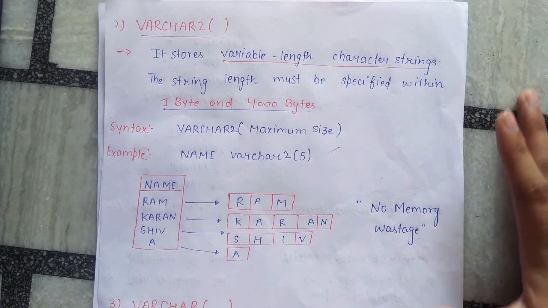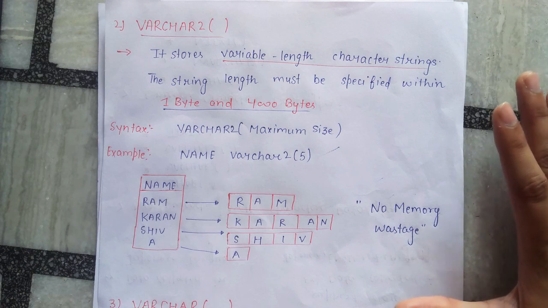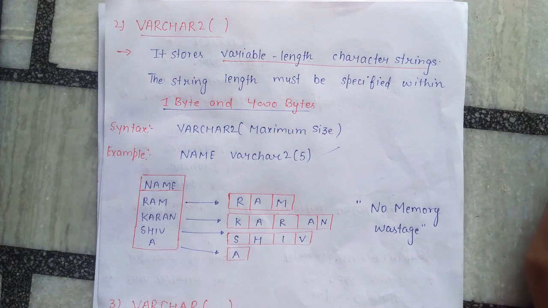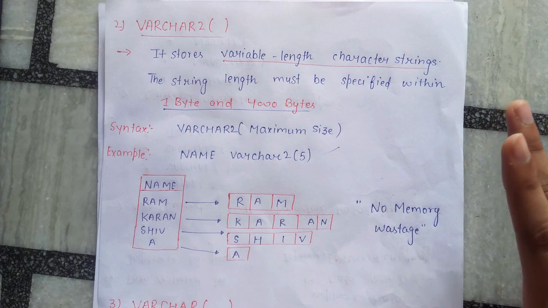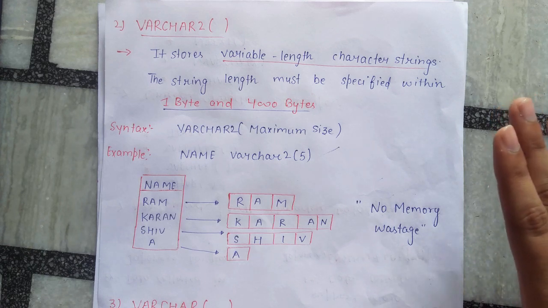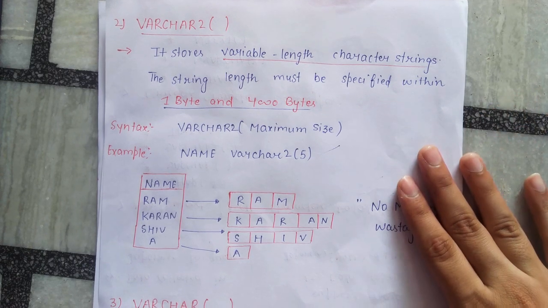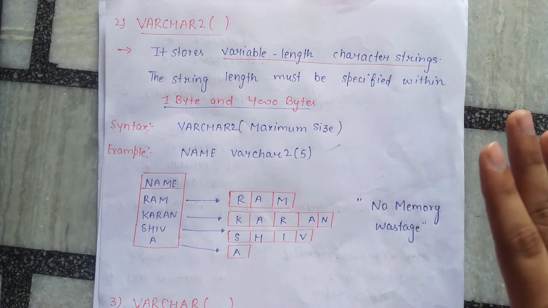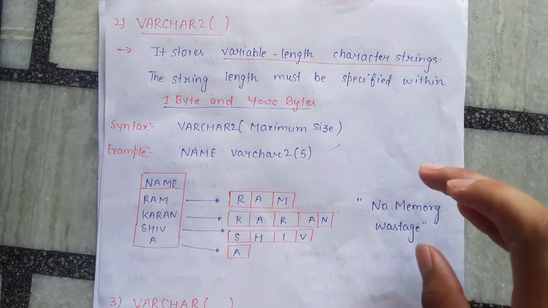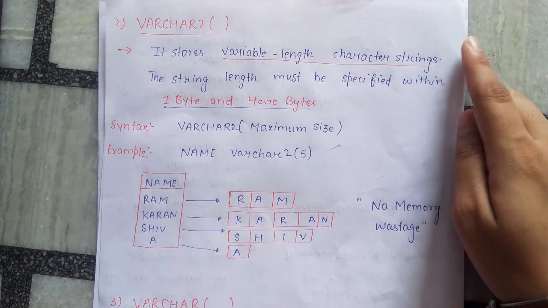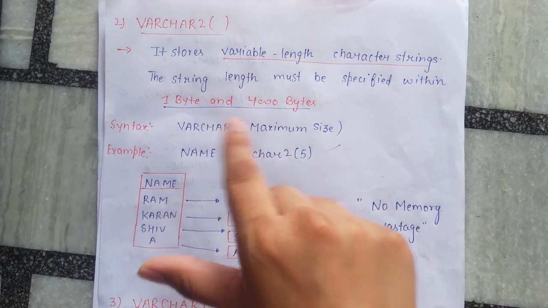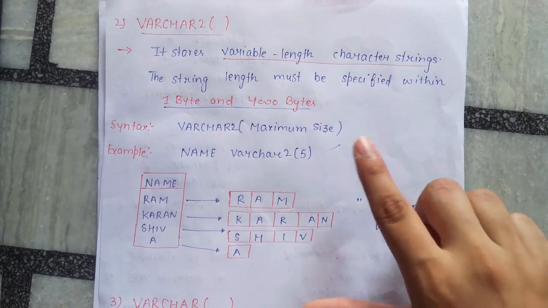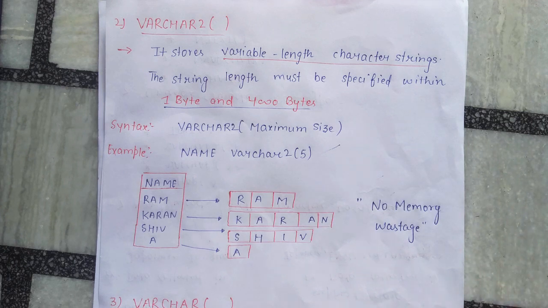So in this case we mostly use varchar2 whenever we are declaring the name, because we are not sure about the name of a person, because there may be very small names and there may be very long names. Okay, so for those cases varchar2 is the most preferable data type for character values. Okay, so this is what a varchar2 data type is. Otherwise it is also the same as char. It is different in these two ways, that it stores variable length characters, and its storage is from 1 byte to 4000 bytes, and this is its syntax. Okay, so this is varchar2.